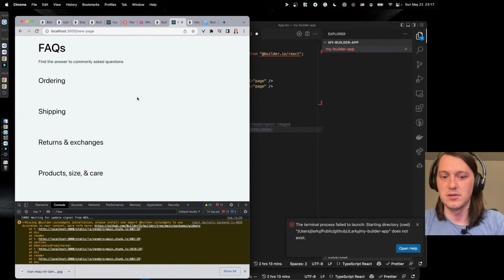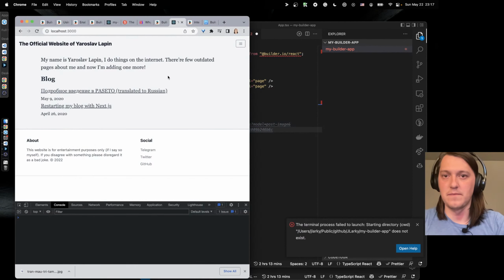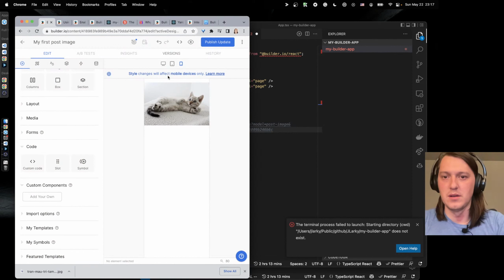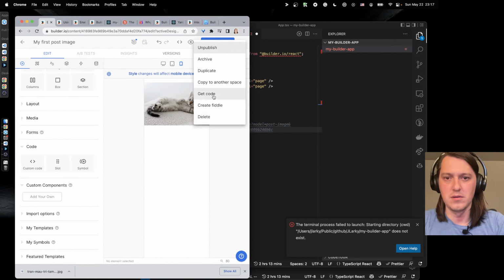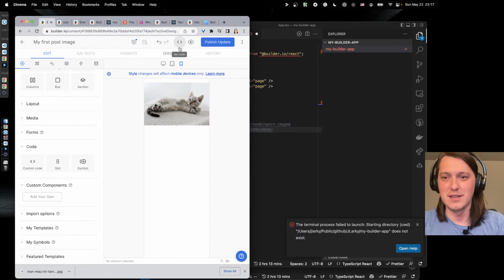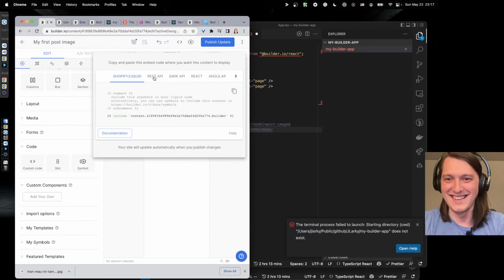So where is it? Okay, so we will go with the. Okay, so now we know that this get code and this get code is not the same. Yeah, that's a bit silly. Okay, so also see guides for Next.js.